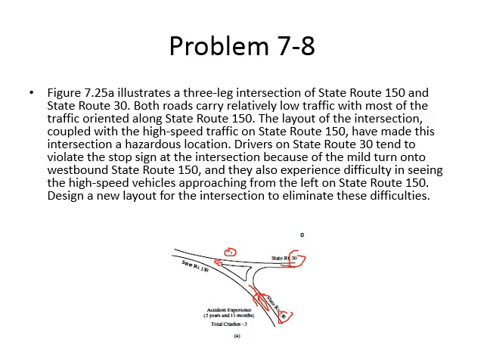But the problem is people are violating this stop sign. Drivers who are coming from route 30 are violating this stop sign, and they are having a problem in looking at the vehicles who are coming from this side. So they don't feel that they have to stop here. The second thing is that they may want to stop if they have seen the vehicle coming out from route 150, but they cannot see the vehicles who are coming from here. So they don't want to stop, and they don't see the reason for stopping as well.